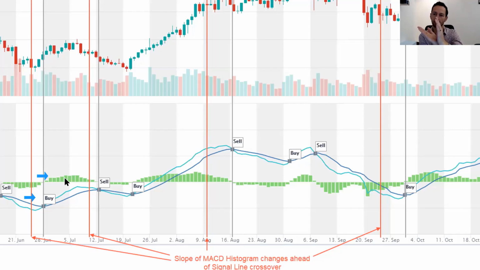And as they diverge, indicating increasing and steady momentum in price advances, the histogram bars are rising clearly,